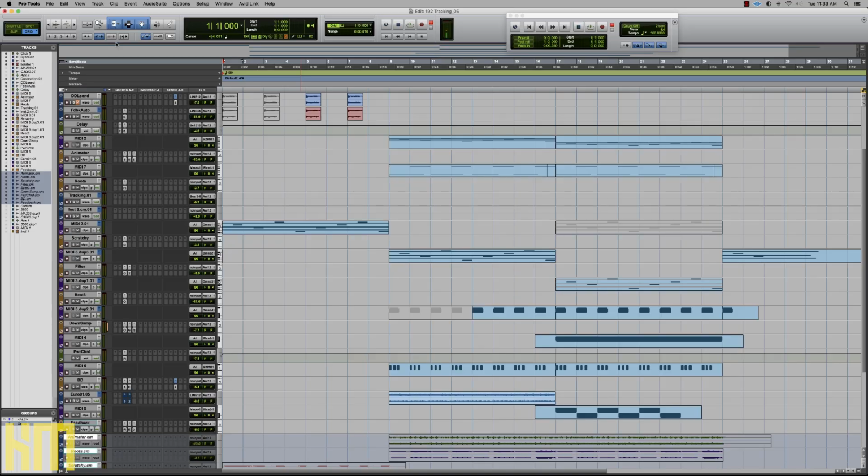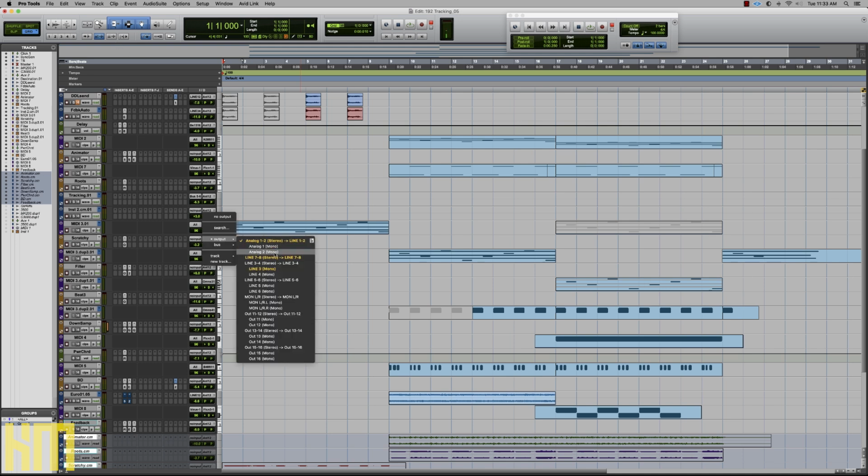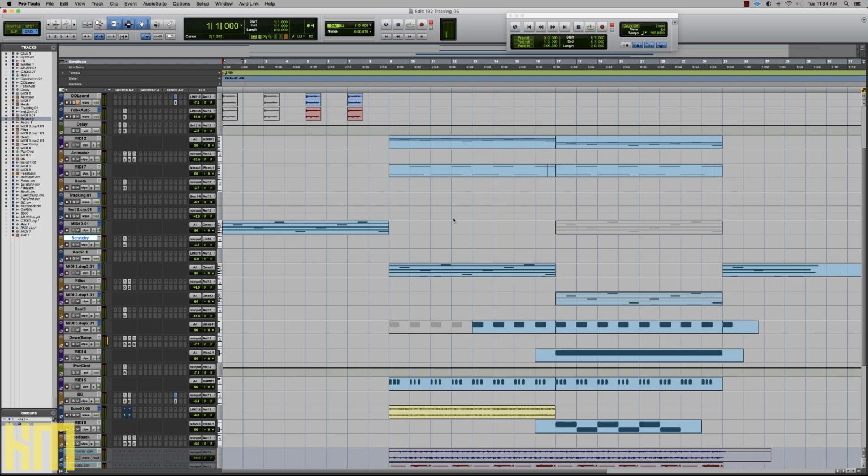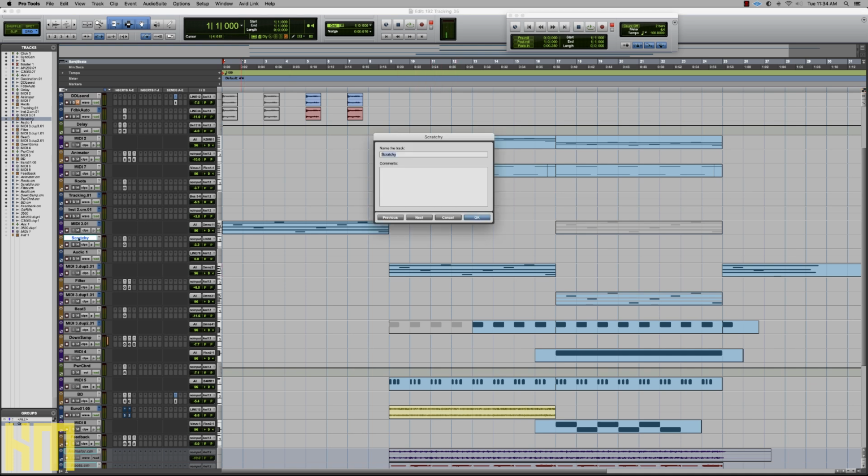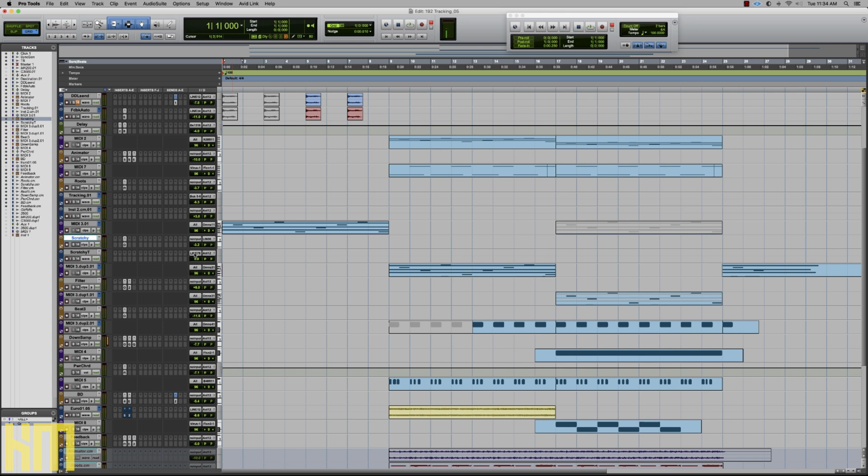The very first thing I'm going to do is go up to this first track, Scratchy. I'm going to assign it to output 5 and 6. And boom, I see it shows up at my API. For me, I just make a brand new audio track directly below the one I'm tracking. In this case, this track is called Scratchy. I'll just copy that name and I'll go to my next track and I'll just put a T at the end of it so that I know that it's tracked. Okay, so it's Scratchy with a T on it. I'm going to assign its input so that it comes in from the API. If I go to input,